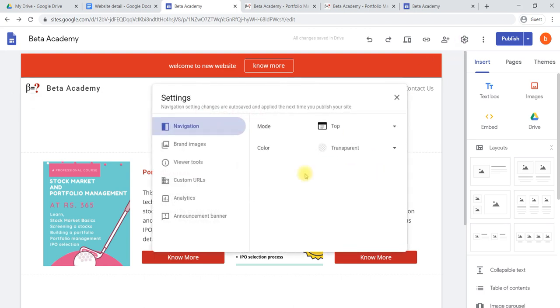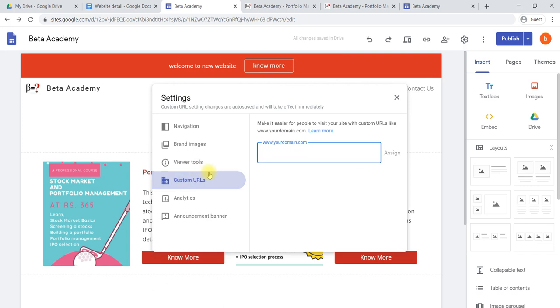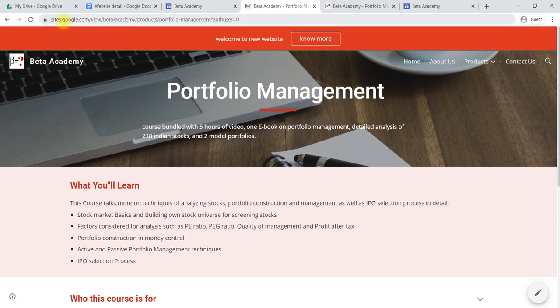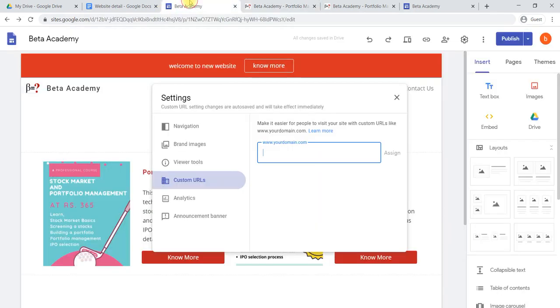In settings, what I said here, custom URL. Custom URL is nothing but your domain.com. Here you can see the domain is not starting with the name of the company. To change it to the name of the company, it has to start with the name of the company. For that we need to buy a domain. That we will learn in the next section of videos. That is the Google Domains videos, you can refer to them. How we can purchase a domain, and we can use that domain here, so that your entire website will be live.